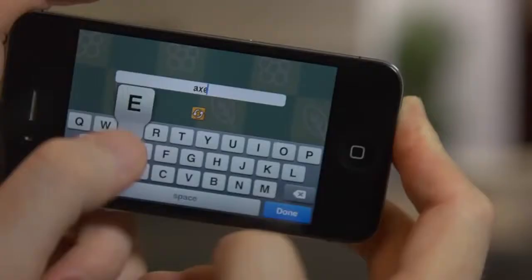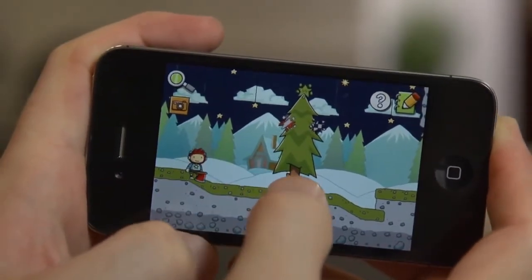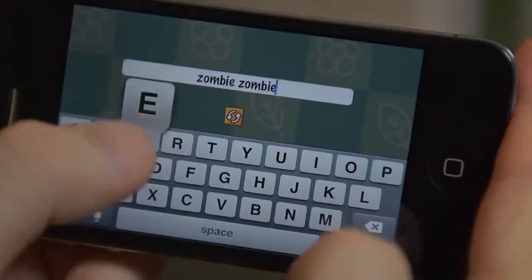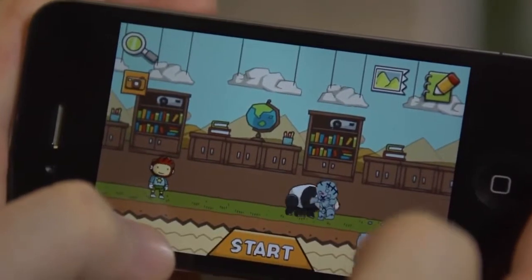Scribblenauts is probably one of the most open-ended games on the iPhone. You can type in the name of any object that pops into your head if you think it will help you complete the level. What you use is limited only by your imagination, and you'll probably spend more time seeing what objects you can come up with and what the game allows you to do than you will completing each